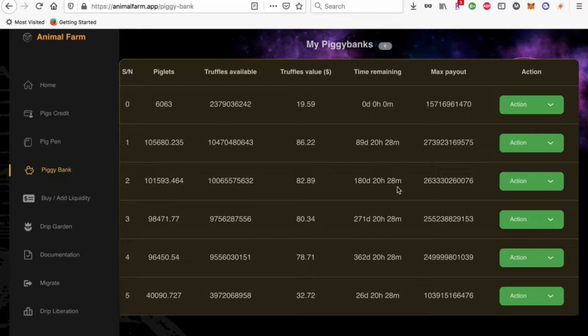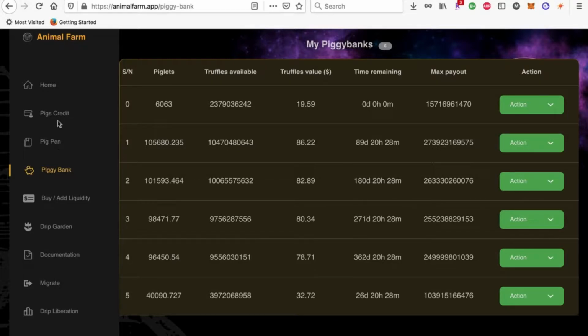This is crypto. You can see anything can change. Pigs could be $1,000. Pigs could be $100 in a couple days. You never know. It's crypto. I think pigs are going to moon the way that Forex has it set up. The only way that you can get old pigs, you have to take it to the pig pen and lock